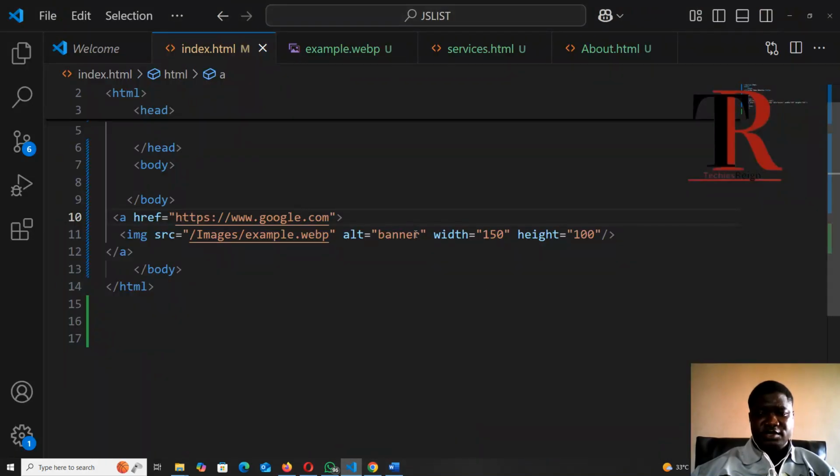So we have seen how to add alternate text to our image. We have also seen how to make our image a link. So in the next video we'll talk about another trick